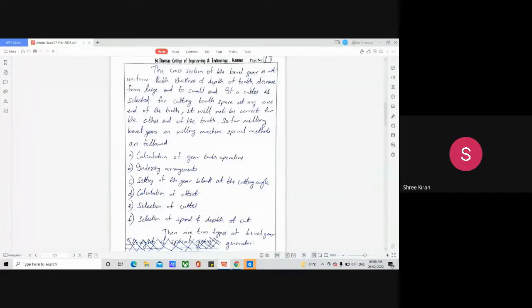Selection of speed is the rate of speed and depth of cut. So my question is, what are the parameters you consider? Can you tell me what the parameters are? It is the cutting speed only. My question is, what are the parameters we will be looking at? Selection of the material, cutting angle, operations, requirement of the purpose. All these are the parameters. I already explained this in the class. These are the factors.